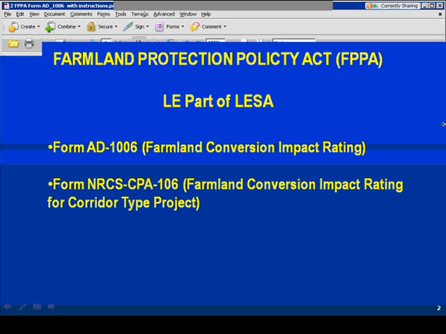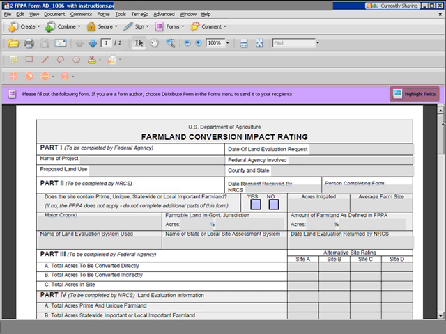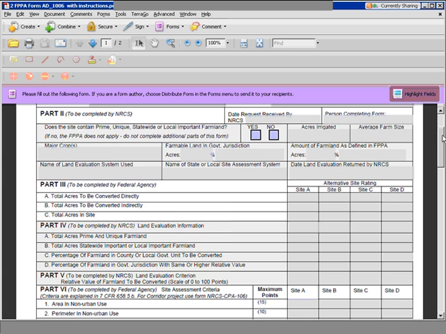So let's look at the Form 1006, which is a non-corridor. And if you look at Part 2, Part 4, and Part 5, you will see it indicates that the NRCS will complete these parts. I might stop just a moment and make a comment that the actual system that you will be using,